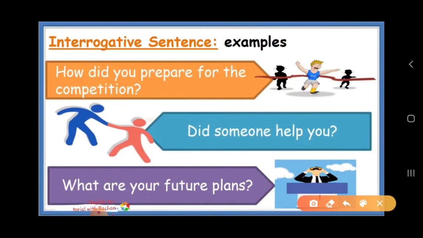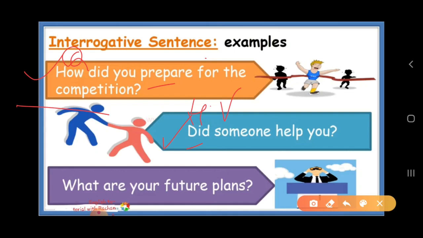sentence, which are: how did you prepare for the competition? This is an interrogative sentence example. Now, let me ask you that in which category of interrogative sentence you would put it. So, you will put it in the category of first kind of interrogative sentence, that start with question word, right? Now, here other example of interrogative sentence: did someone help you? Now, this interrogative sentence, you will put in second type of interrogative sentence, right students? So why? Because this start with question word, and this start with helping verb,